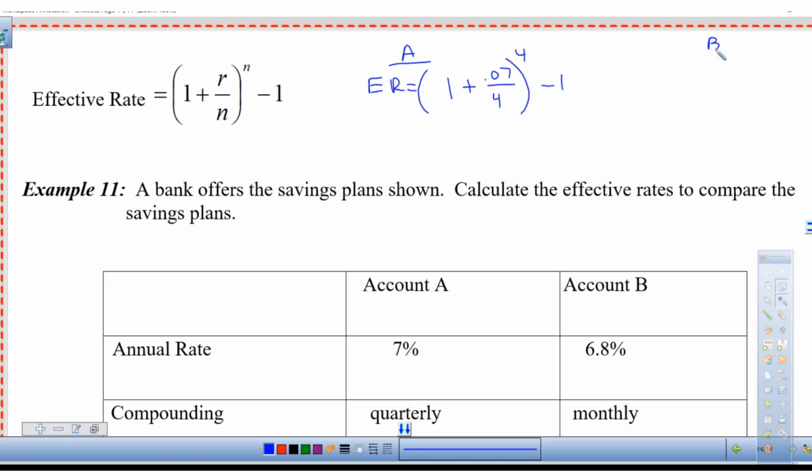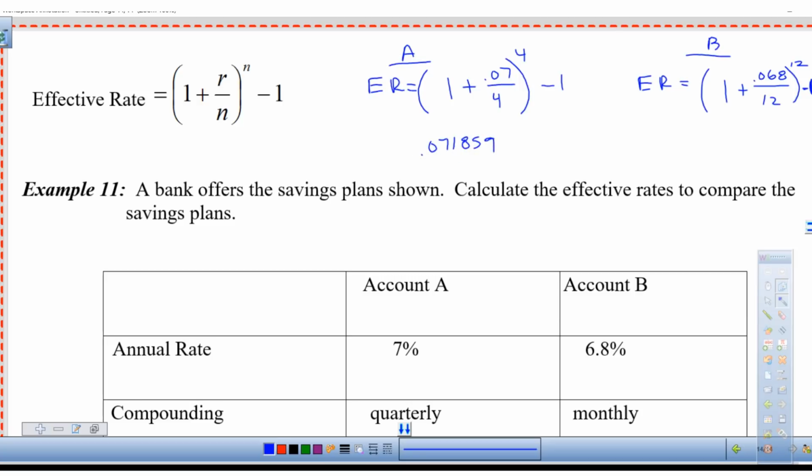Let's set up question B. So the effective rate is, parenthesis, 1 plus the rate, 0.068, divided by n, which is a 12 because it's monthly, raised to the 12th, minus 1. Okay, now just stick it in your calculator. So go parenthesis, 1 plus 0.07 divided by 4, close it, raise it to the 4th, minus 1, enter, and you get